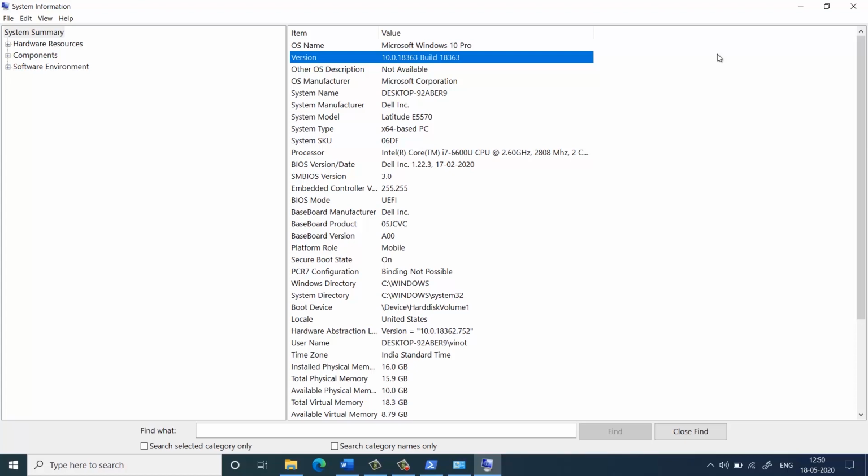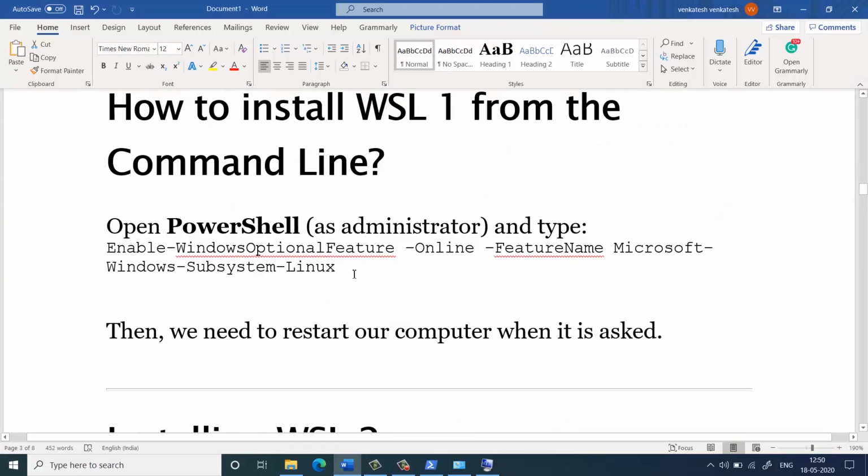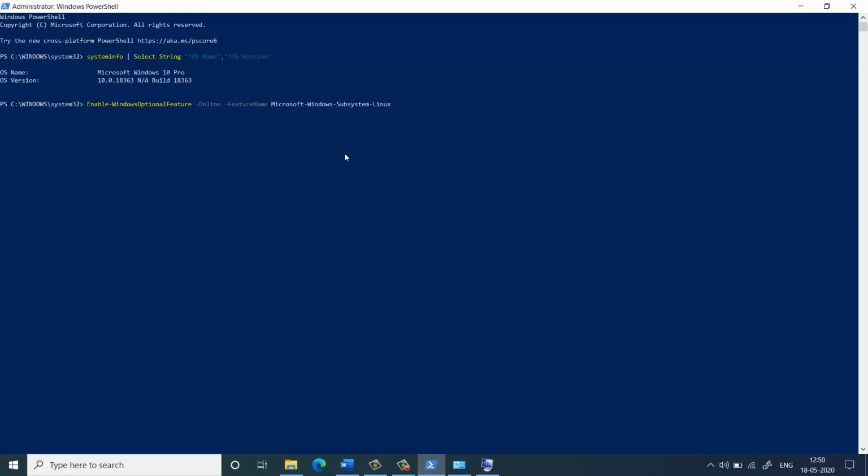Now, how do you install WSL2? Go to your PowerShell, which has to be in administrator mode, and enter the following command. Once you press enter, the system might ask you for a system restart. So press enter, and once the installation is done, restart your system. Once the restart is done, we'll go for the next few steps. I'll be fast forwarding a few steps after pressing enter, and I'll catch up once the system restarts.